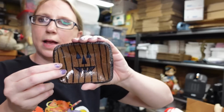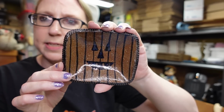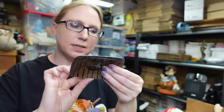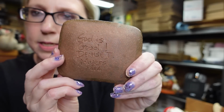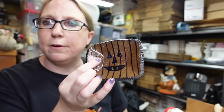$29.99. I have this little pottery trinket tray dish. It looks like a pumpkin. And on the back it says God is good, and it is signed Denise Myers 2016. So that's who the potter was that made this. I'm pretty sure I picked this up at a yard sale at some point. And this is listed as a buy it now for